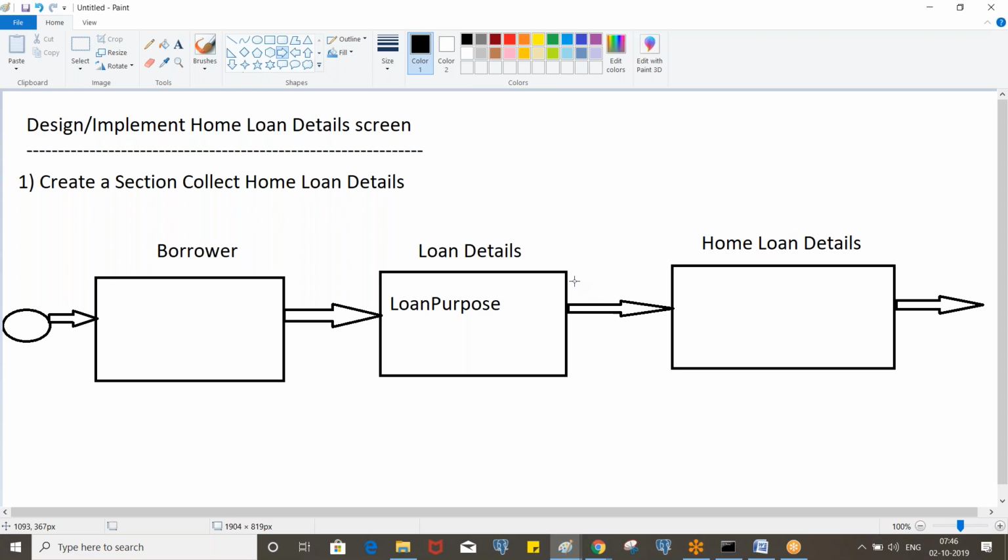Either we can call it in the post-processing of this flow action, because at the time of execution you should have the loan purpose property value on the clipboard. If you invoke it in the pre-processing, while opening the screen itself, it will be executed at that time, so you will not have the value for loan purpose. So you need to invoke it in the post-processing of this flow action, not the pre-processing.